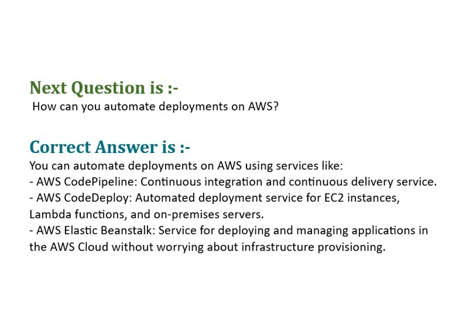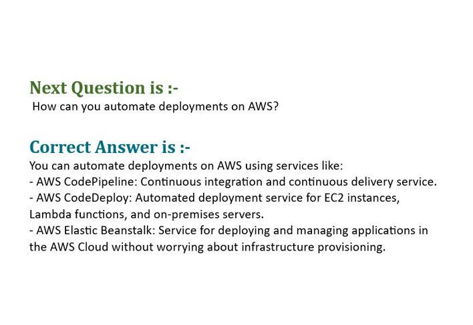AWS CodeDeploy, Automated Deployment Service for EC2 instances, Lambda functions, and on-premises servers. AWS Elastic Beanstalk, service for deploying and managing applications in the AWS cloud without worrying about infrastructure